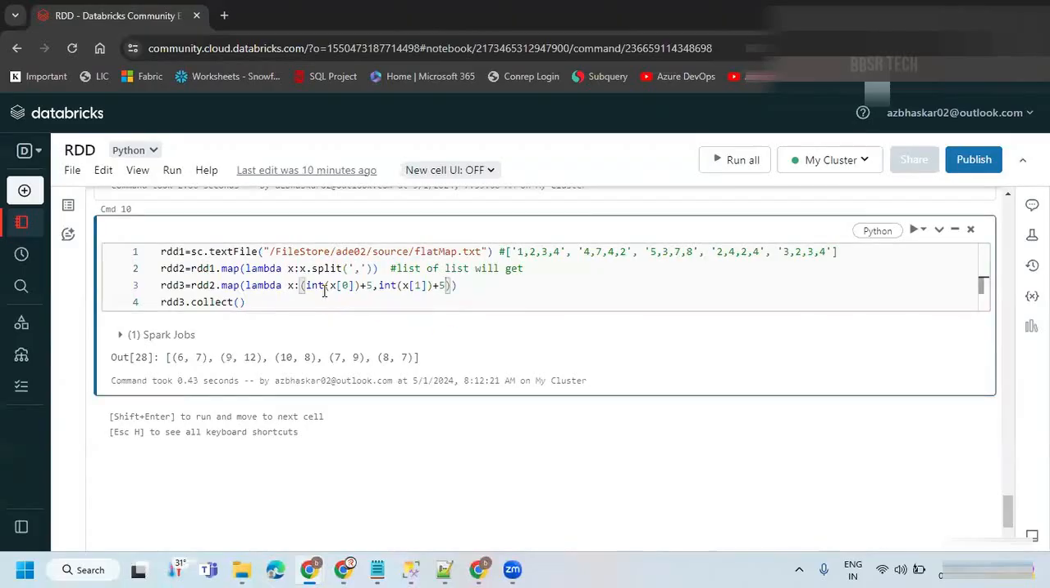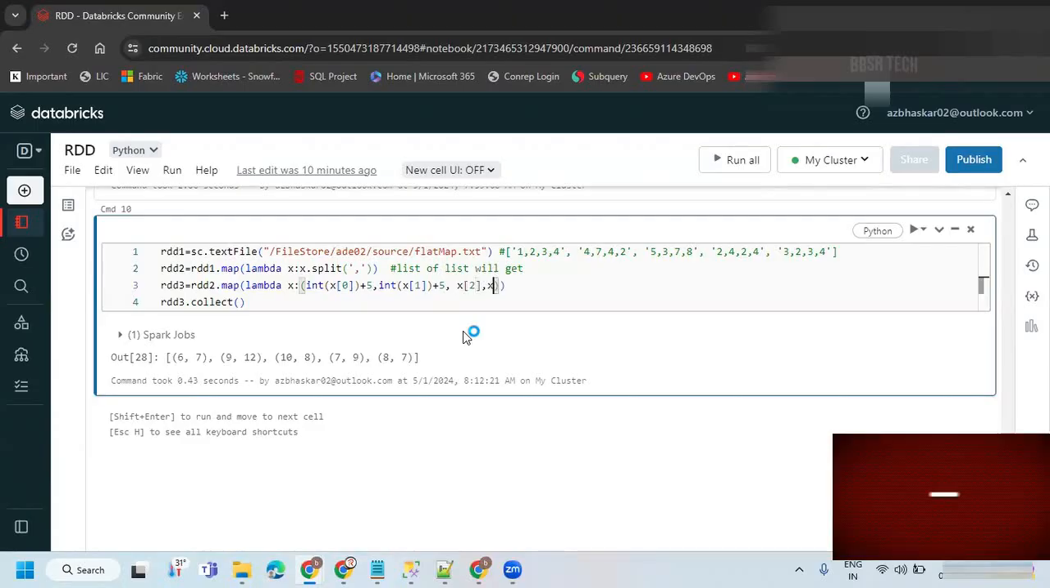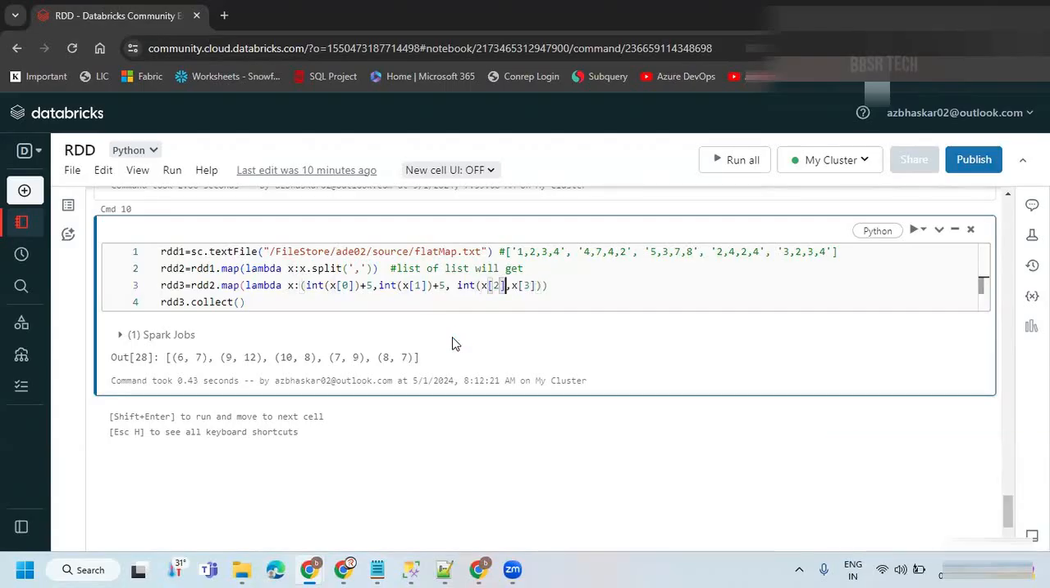Okay, so the third value I wanted to get. Then comma, x of 2, comma, x of 3. Just give that and convert this into int, plus 5. The same thing, int of, plus 5, close this. Now if you execute,